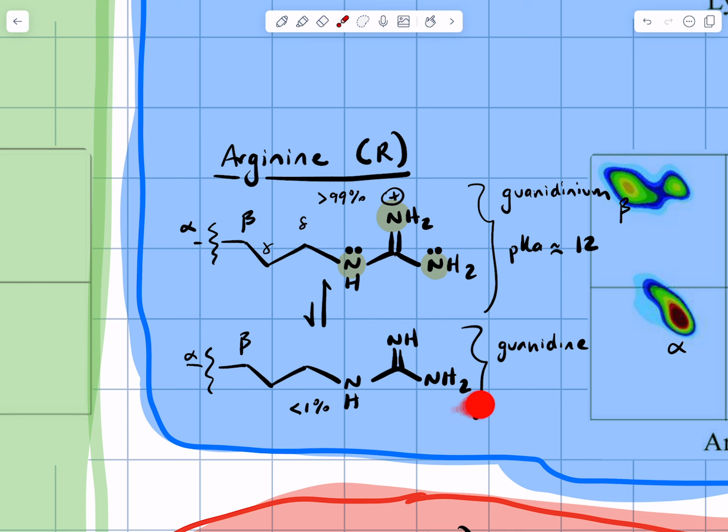This is the neutral form of arginine. In its neutral form, it's called guanidine. The pKa of the guanidinium ion is 12, so arginine is always positively charged at physiological pH. And its one-letter code is R. Again, we already used A, so now we use R, and it sounds like arginine, and now we get